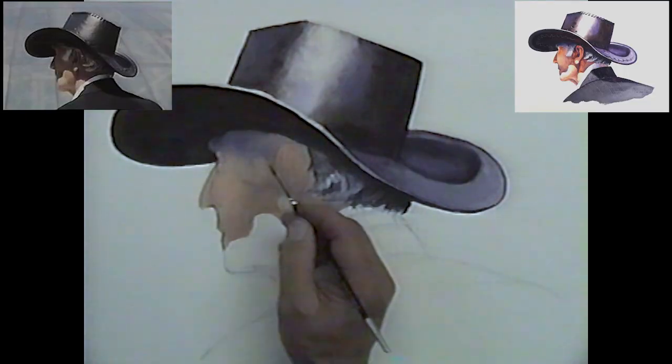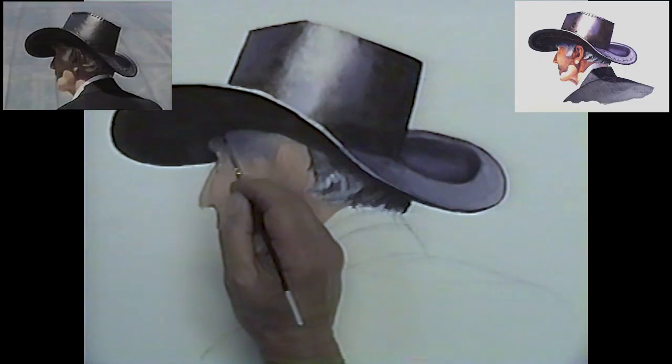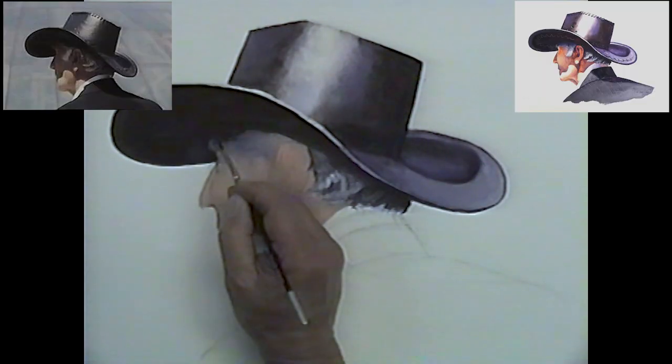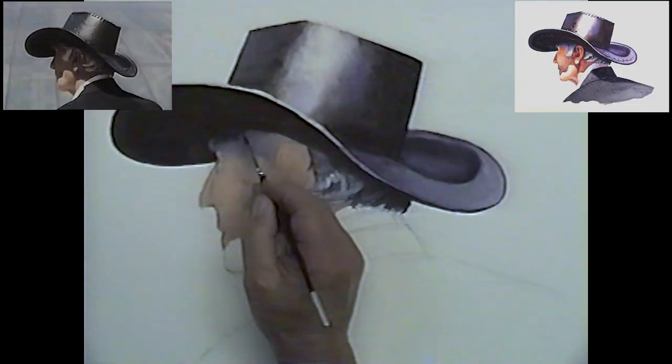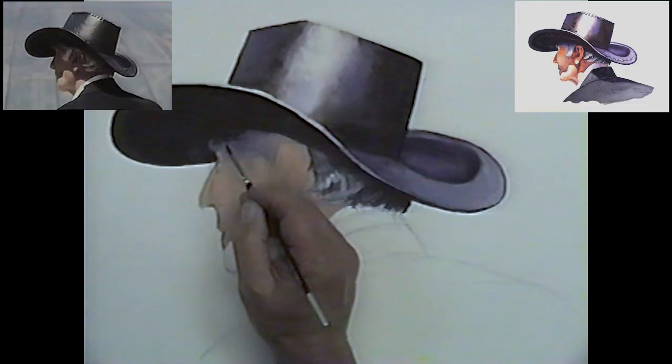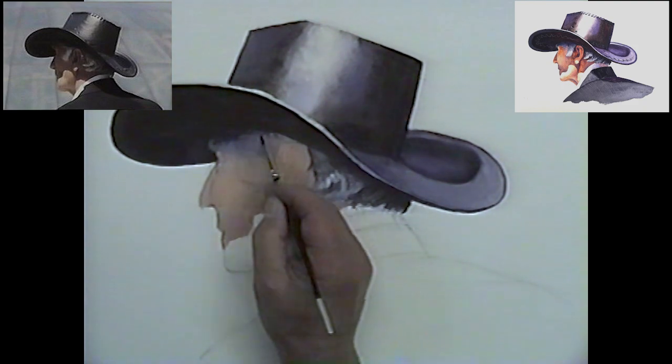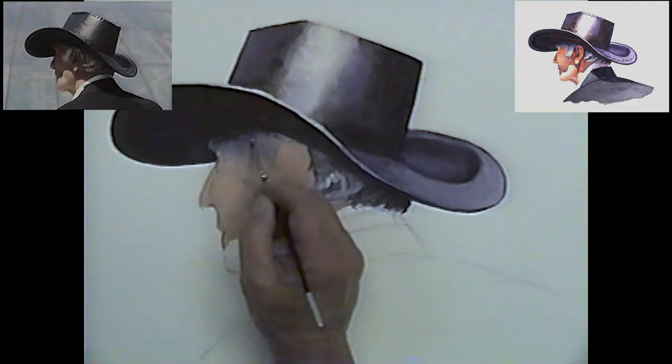Right here? Yeah, well, I'm not worried about that part. But right here, there's a darker section that comes into this whole area and just sort of disappears. It really comes right off the end of this eyebrow. Yeah, exactly. Comes all the way down. And then back here, now I'm going to go into the